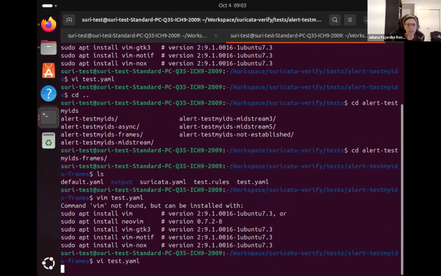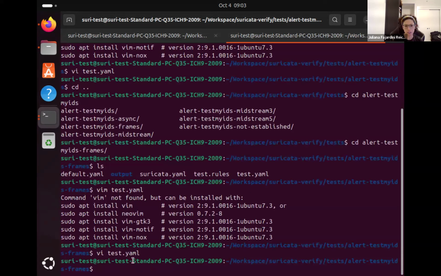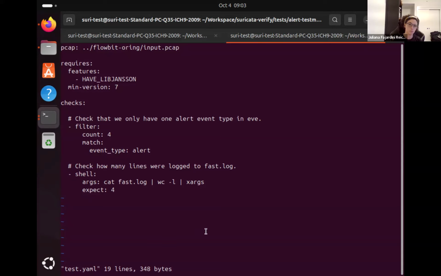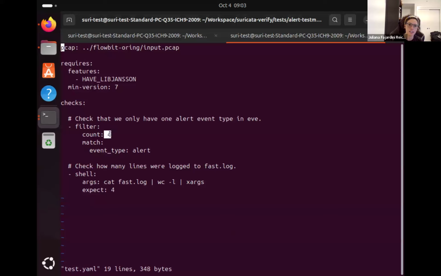To see what the test is doing, we can check the test YAML. So this is what Shivani mentioned earlier, and this is what I just did. And I did it very quickly, but here we have a check and it says count 4 and it's matching on the event type from the eve.json file alert. So this tells us that this test expects us to see Suricata to see 4 alerts when running this